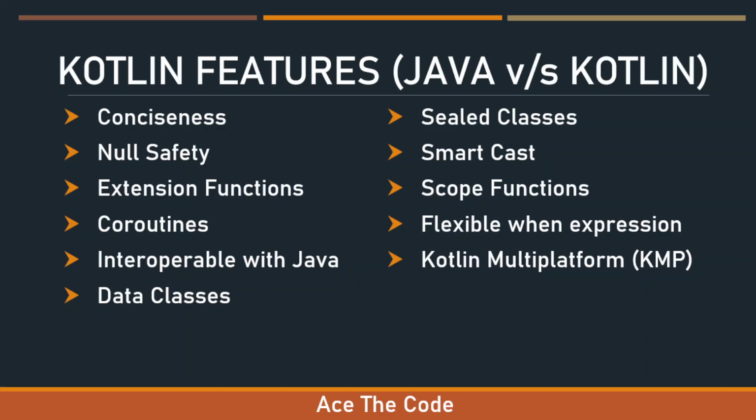The next important feature that we have is null safety. Null safety is a feature which ensures that the application will not crash due to null pointer exception. In Java, this was one of the biggest problems. There were no strict policies for compile time null check. So in Kotlin, they introduced the concept of null safety, and when we follow null safety, the application will never crash due to null pointer exception.